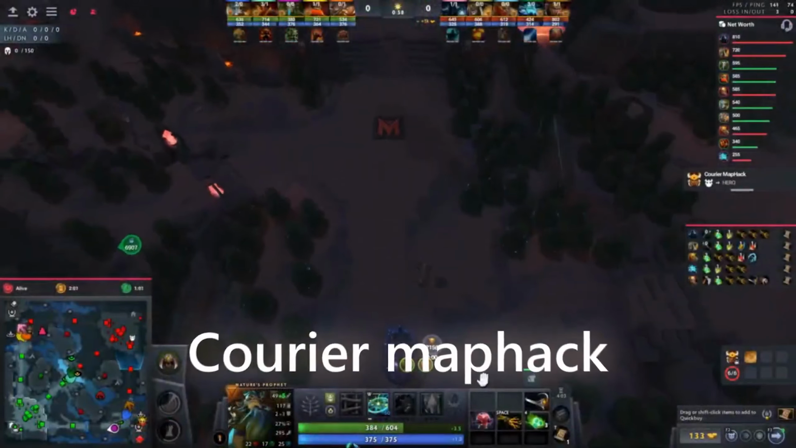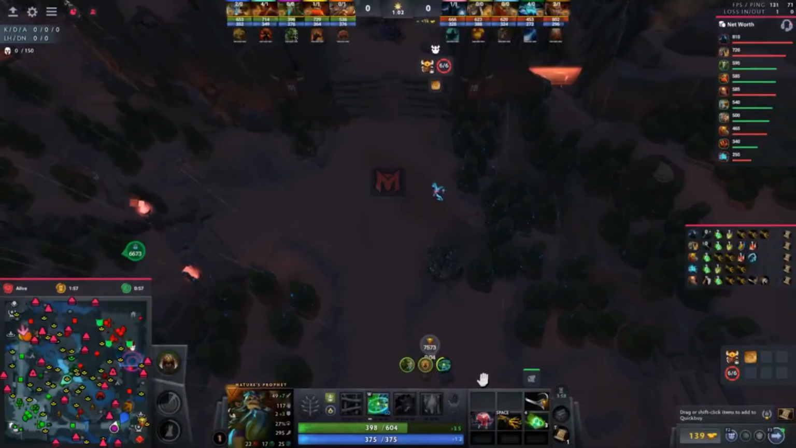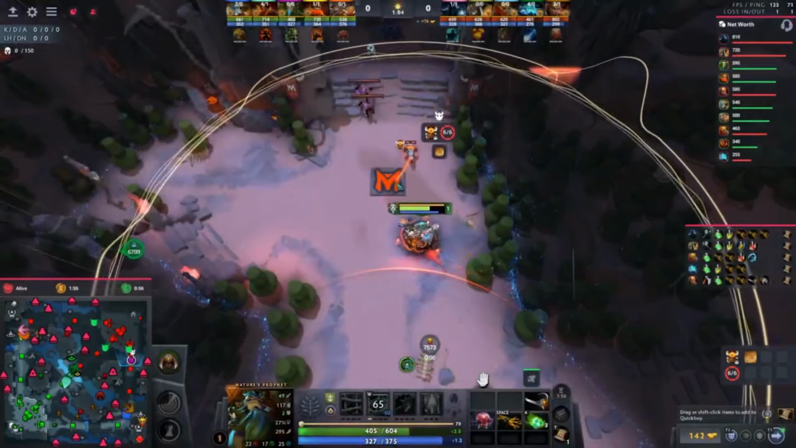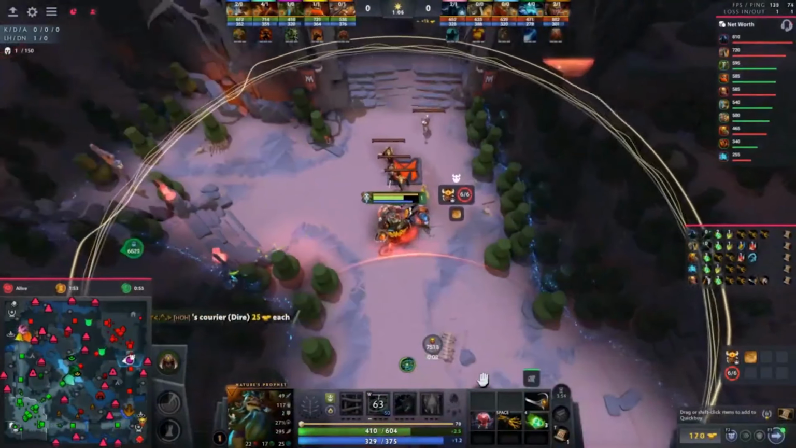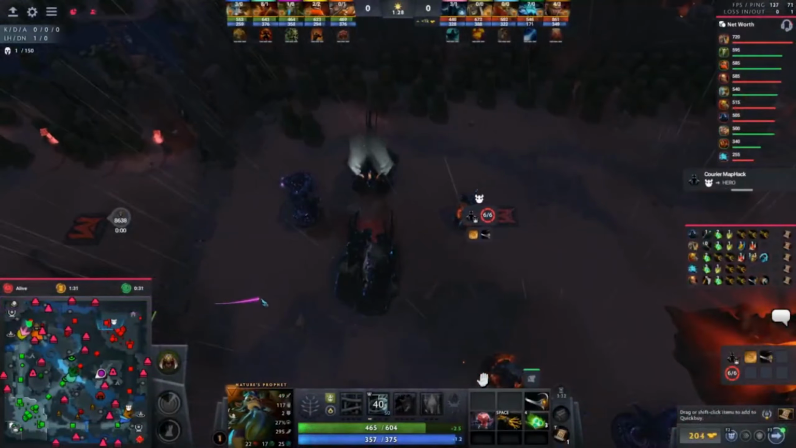Courier maphack. Recently, Melonity managed to expand maphack functionality by adding information about couriers. Unlike enemy heroes, you can get their exact location and inventory contents. This allows you to prevent the enemy from receiving important items,